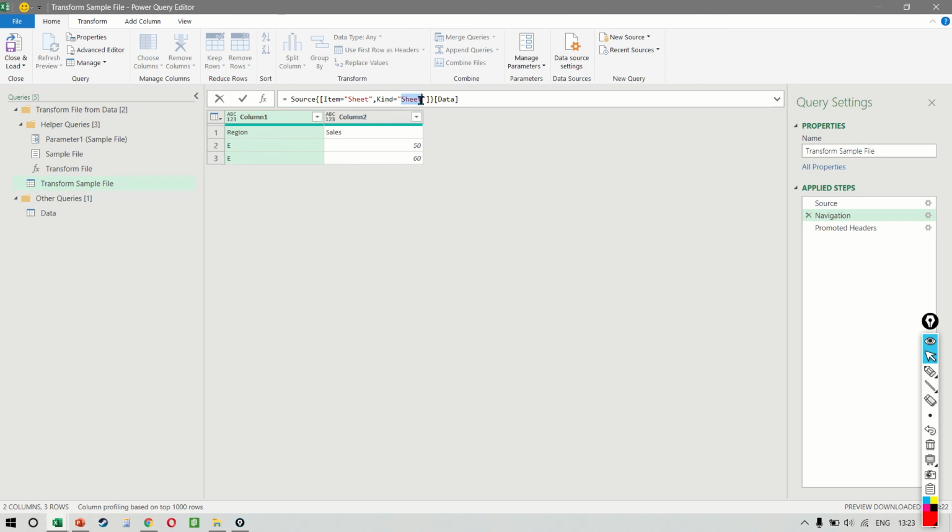Now, this is the part that we have to change. The item is referring to the sheet name. Now, my sheet name here was actually the word called sheet. But we don't want that because this name is not there in the other workbooks. So rather than writing the name, we will have to replace this with the index number, which means